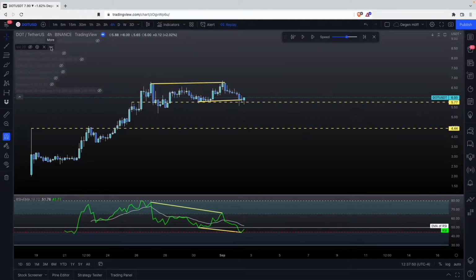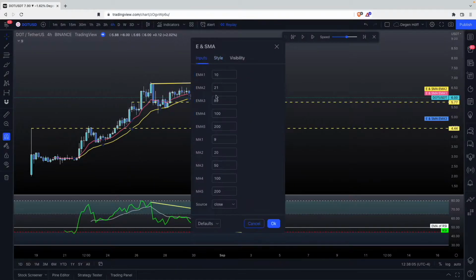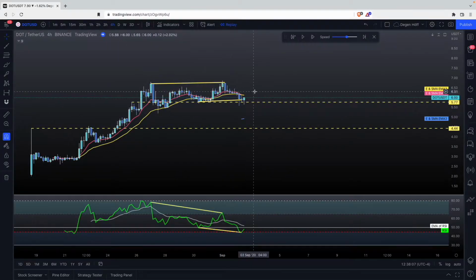Oh, the other thing I use on the way up, I just activate my EMAs. There haven't been enough periods for the 89 and the 100 to print. It just started printing here. But I'm using on the way up the 21 and the 10. But on the way down,